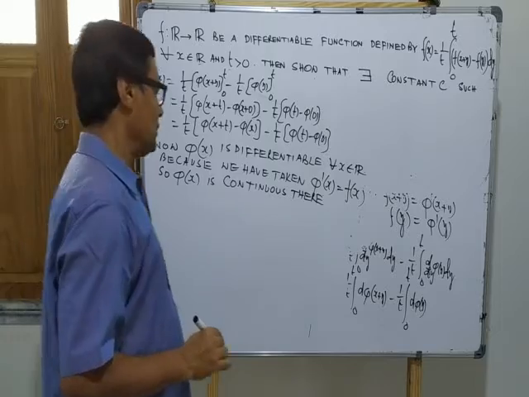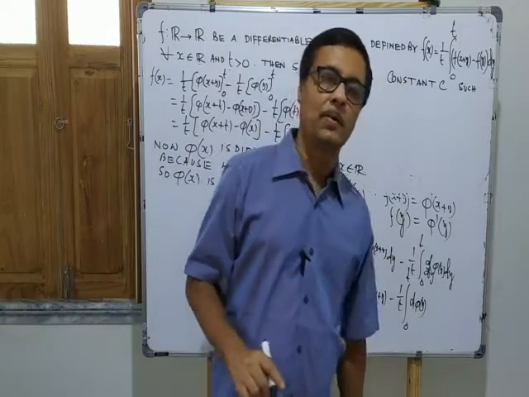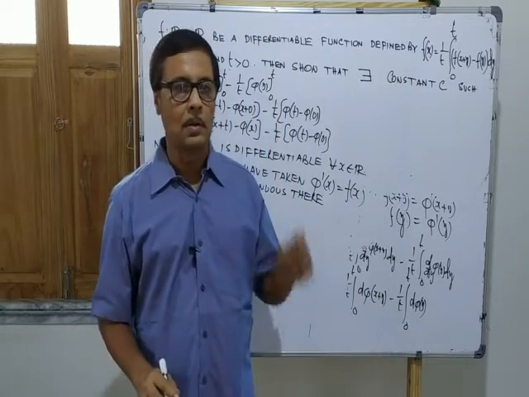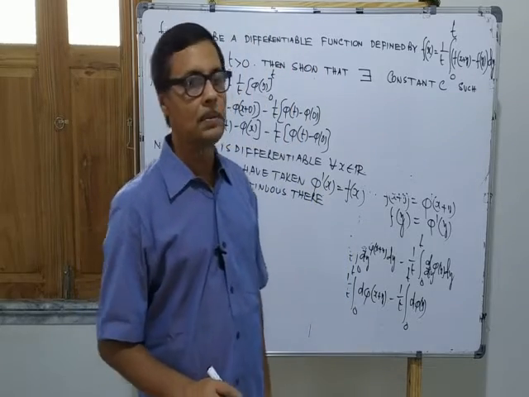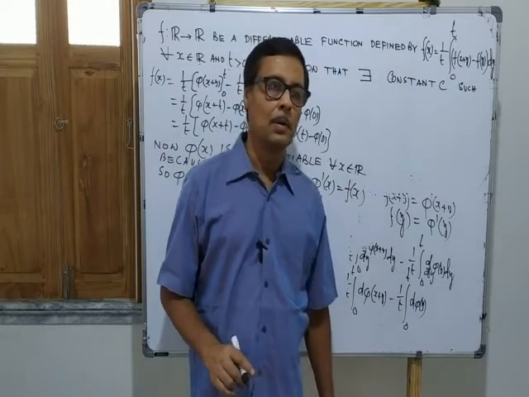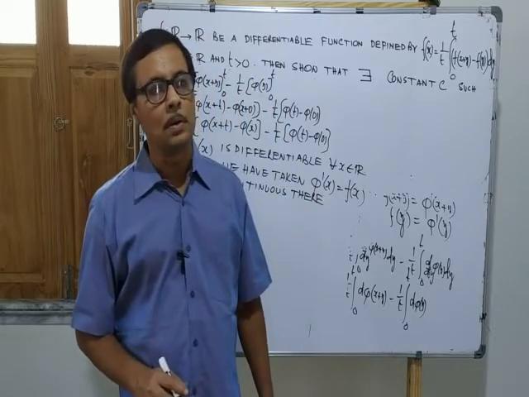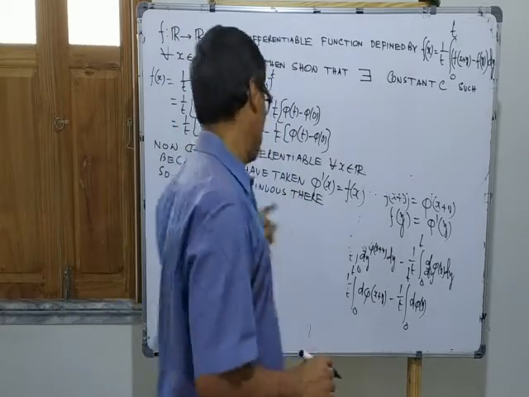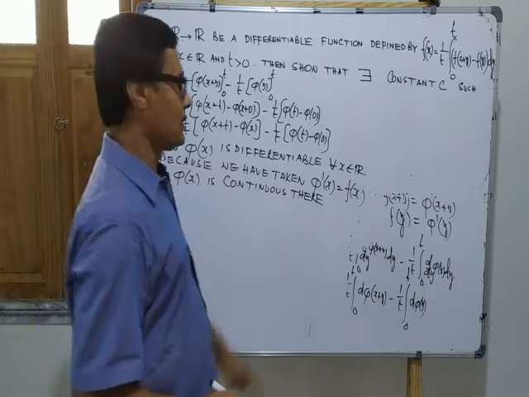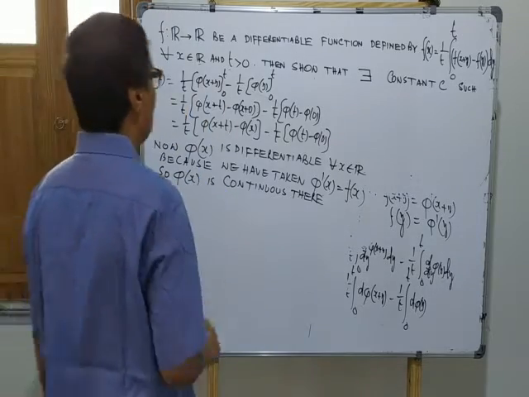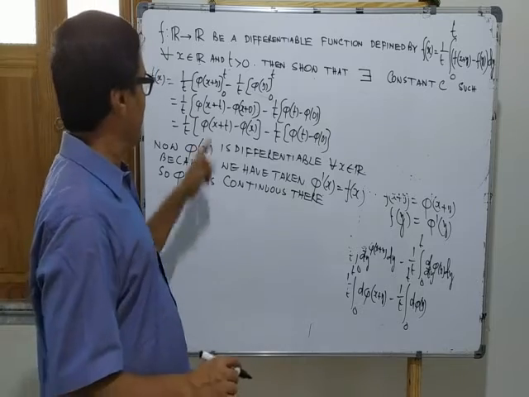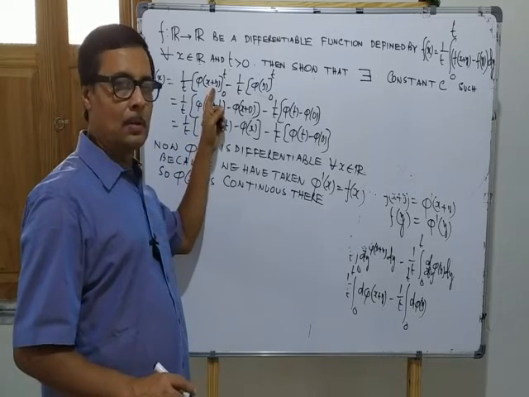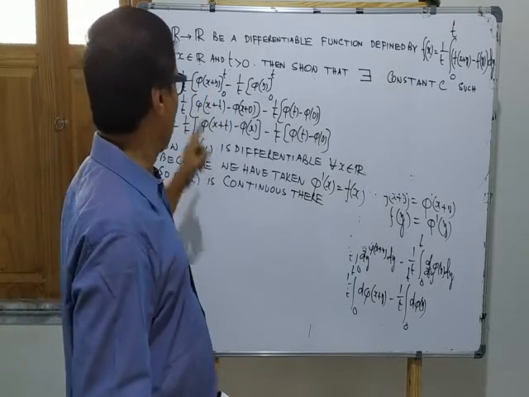Phi x is also continuous there, because any function that is differentiable in a certain domain is also continuous in that domain. So here phi x is continuous. Now we have the opportunity to apply the mean value theorem, that is Lagrange mean value theorem,